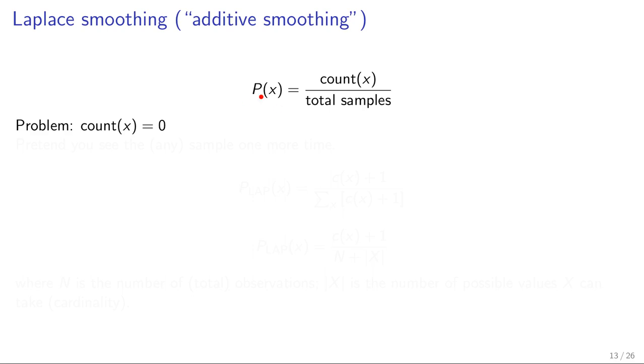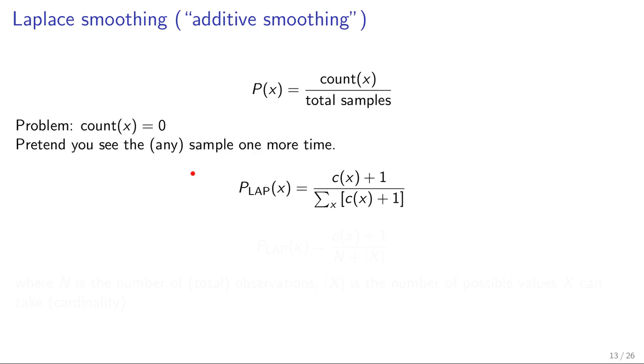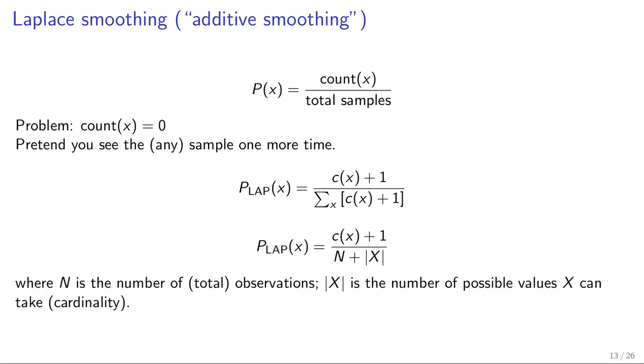So the problem is, if that doesn't happen at all in the training set. So the trick is that you pretend to see any sample, let's say one more time, or k more times. Let's start with one more time. So that could be applied to the pixels, but in this simpler example, we'll just look at some fruits or whatever. So the trick is that